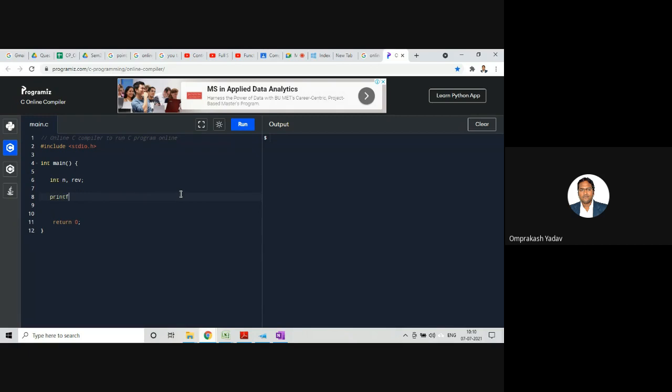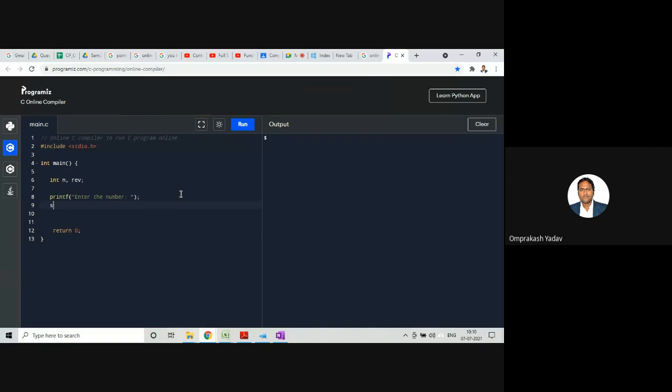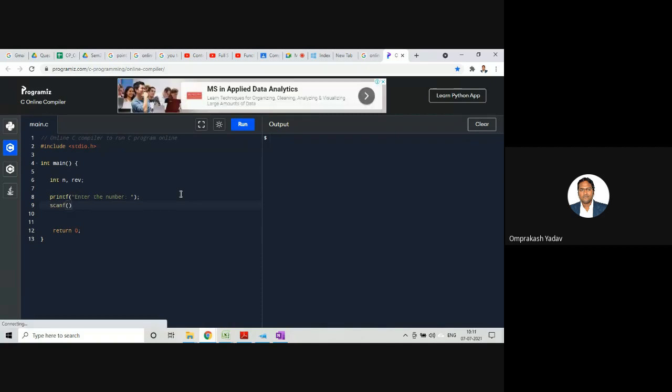With the printf statement, I'll display "enter the number", then scanf with %d and &n. Okay, so we have taken the number.